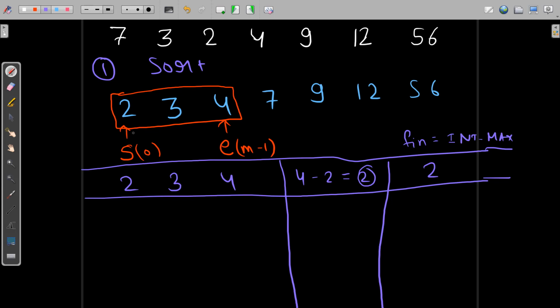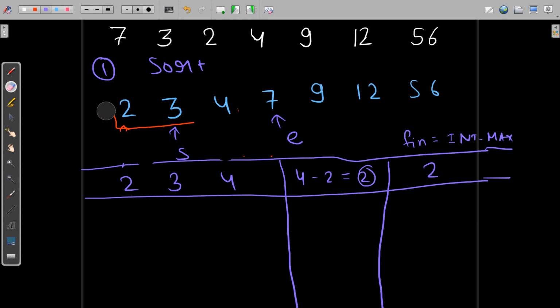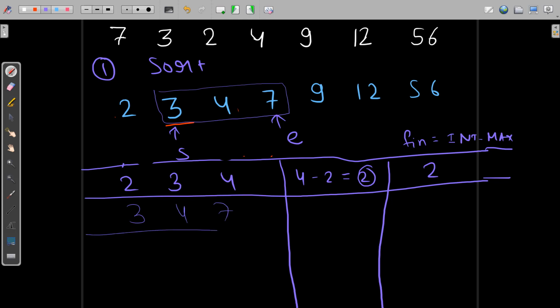Now we will move our window. When we move our window, s will go here and e will move here. Now our window is 3 4 7, and the difference is 7 minus 3, which is 4.